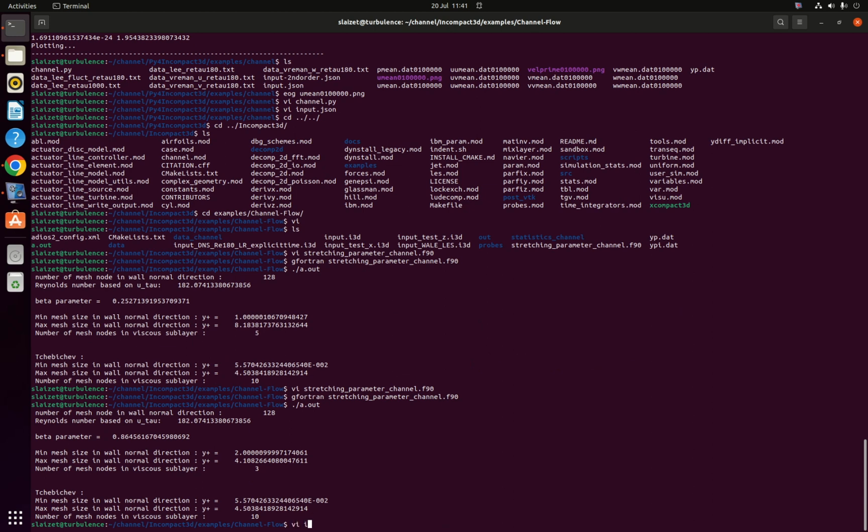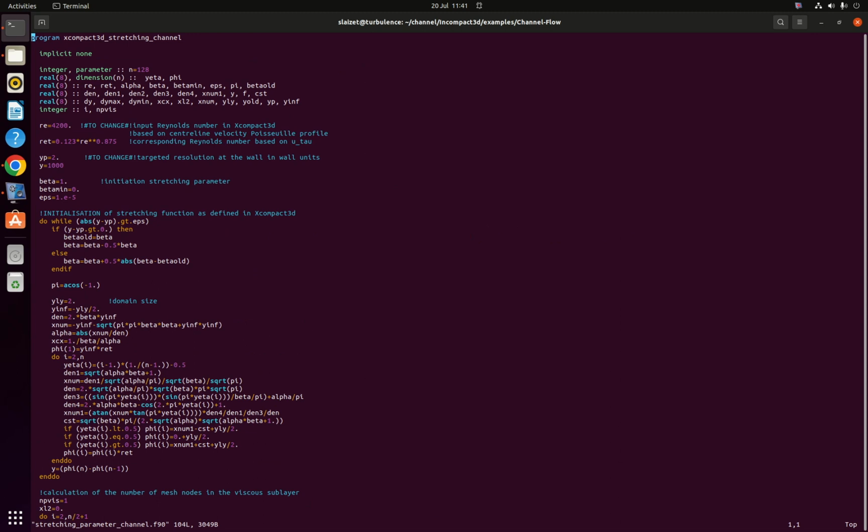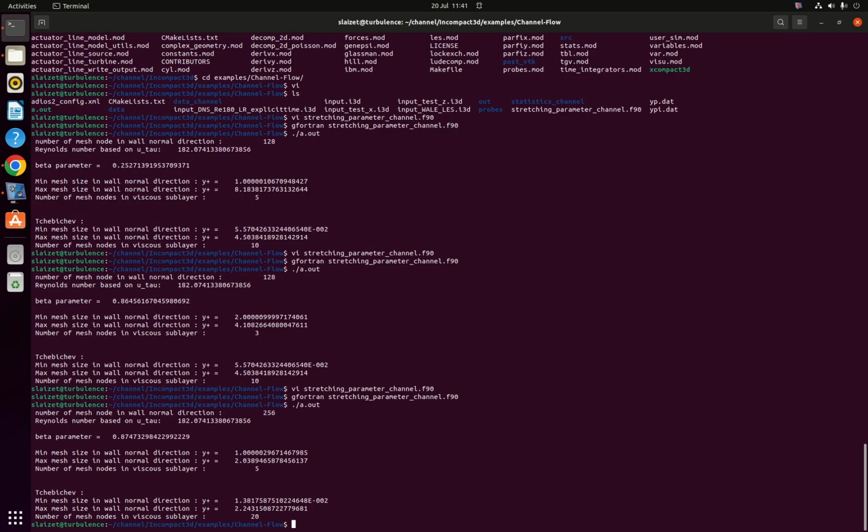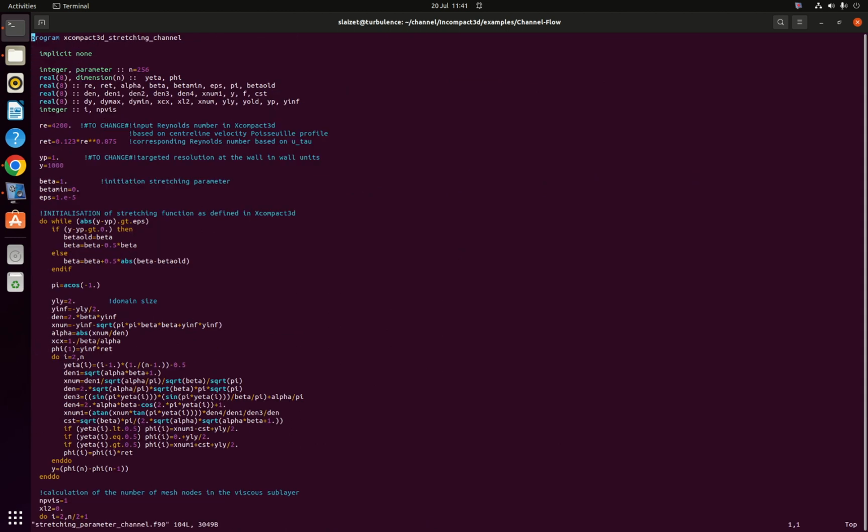You can also change the resolution. So you want to have, let's say, 256 mesh nodes in the y direction. You want your first y plus to be equal to 1. So here you will have a beta of 0.87. If you want to change the Reynolds number, so let's say we're going to try with 10,000,